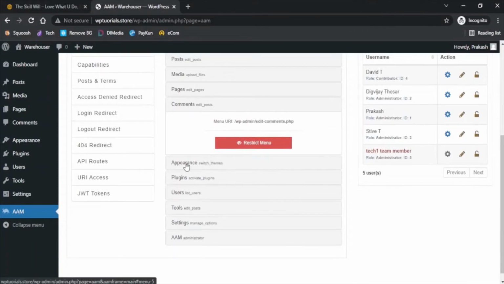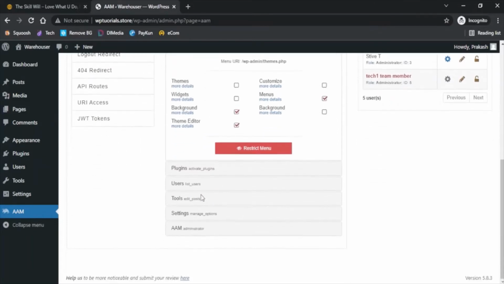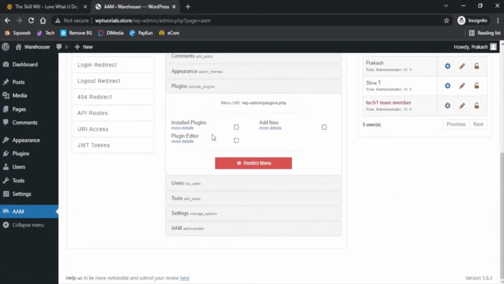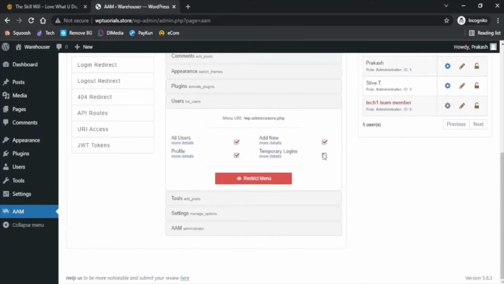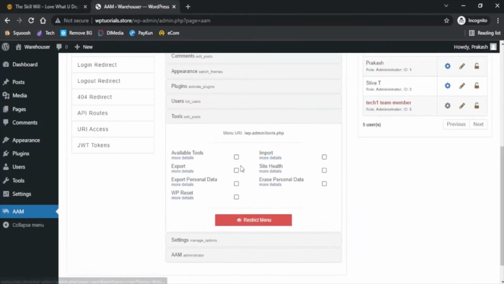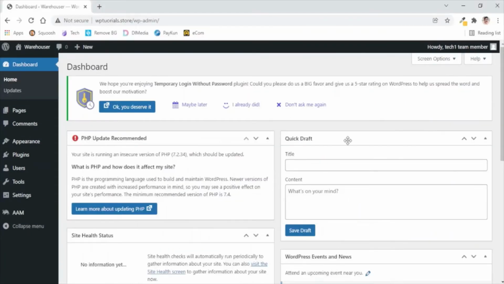So from the appearance, I just want the person to access the theme section. I don't want him to have access to the menus, background, and theme editor. In the plugin section, I might give full access to the tech member. Under the users, I don't want the tech member to have access to anything. For the tools, I will hide everything from the tech member. I also don't want the tech member to have access to the website settings, and I will simply tick these boxes. And if I now go and refresh the tech member's dashboard,